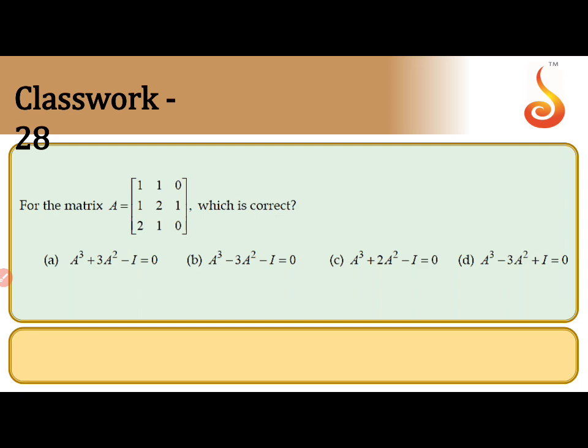What is the matrix here? Solve one, this one gives a long process. I will give one simple method to solve this one, but this is a different method. So here you can take the equation A minus lambda I equal to 0. Lambda is a root of this equation. To get A minus lambda I, multiply this by lambda. What is lambda I? Lambda I means a 3 by 3 matrix.